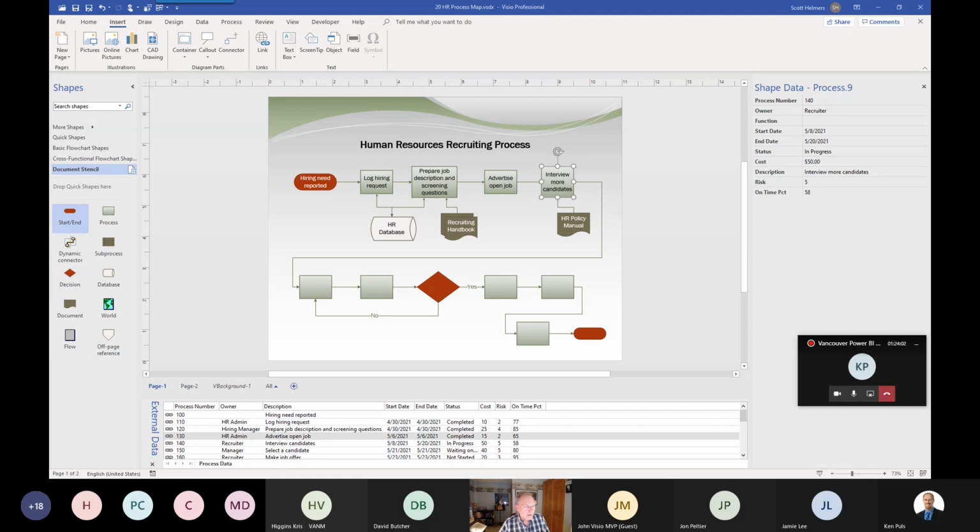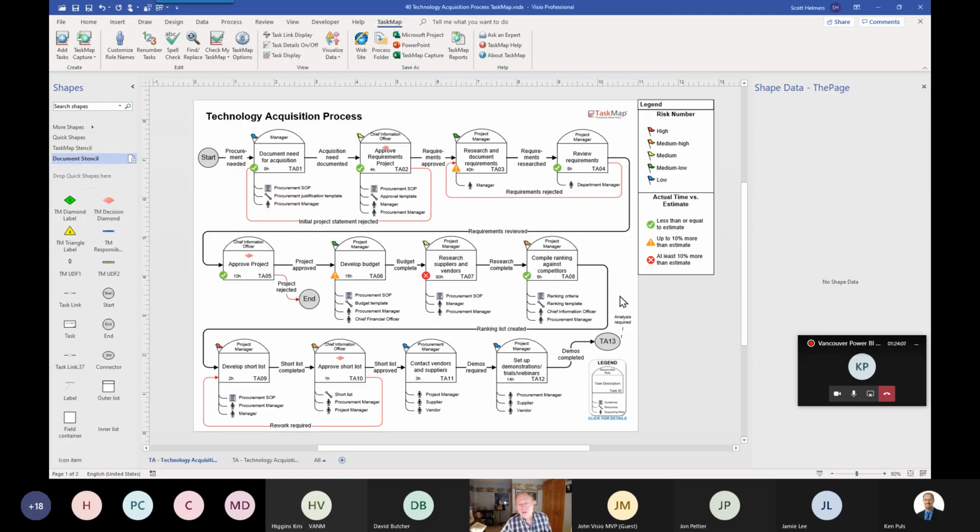Let me show you this diagram. This is a task map, so I'll show you a more complete looking task map. This is the same diagram that I was describing earlier that was linked to Project Online. I'm not actually linked to Project Online from this specific copy of the diagram at this moment. But I just wanted to show what a data-driven process map might look like when it happens to be here in Visio,